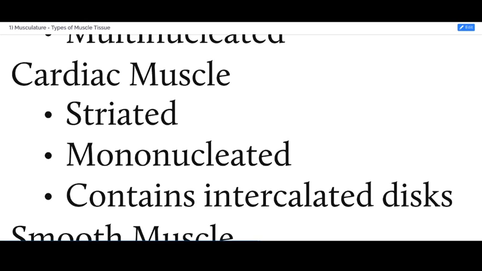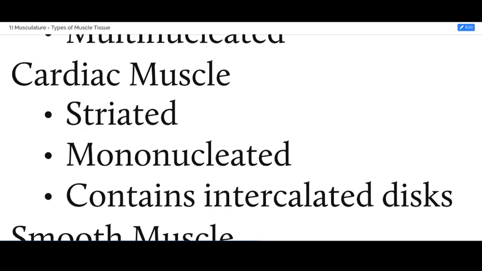Cardiac muscle, however, is mononucleated, which is important because cardiac muscle in the heart has to take on a three-dimensional shape, whereas skeletal muscle is usually very linear. It pulls one end of the muscle towards the other end of the muscle in a fairly straight line. But cardiac muscle, the cells need to be individual because they have to take on a three-dimensional shape for the